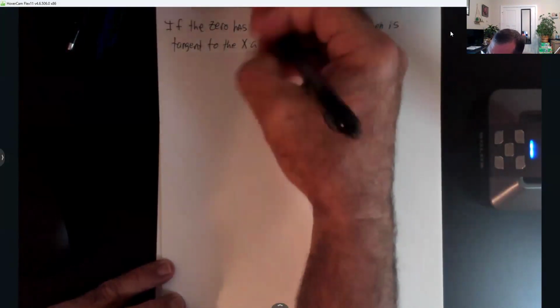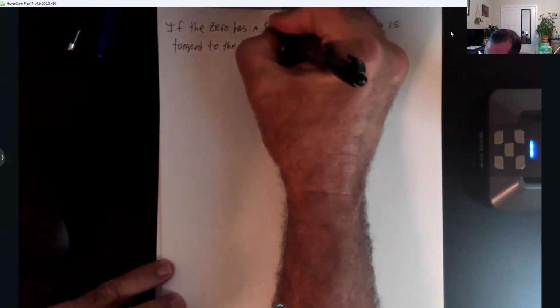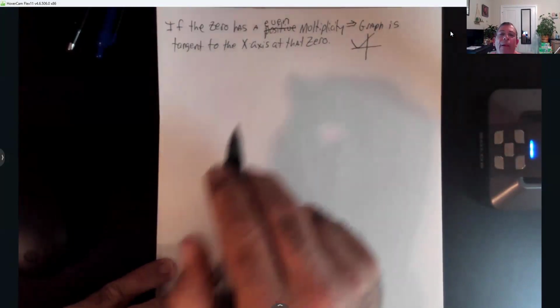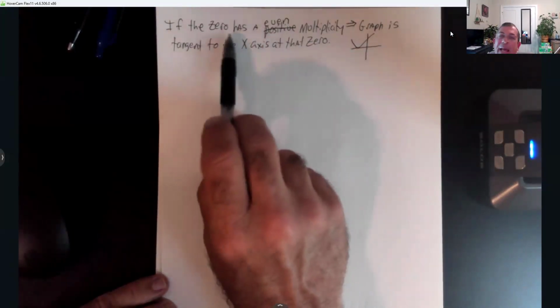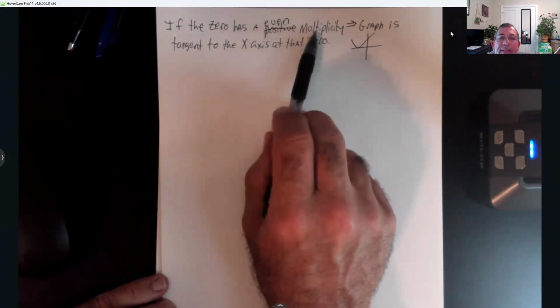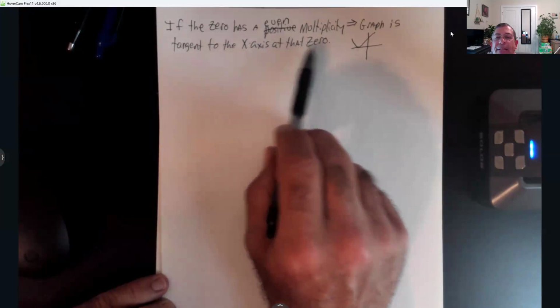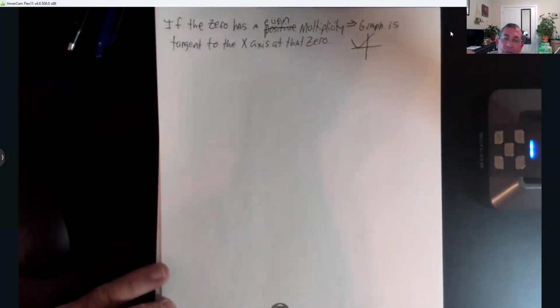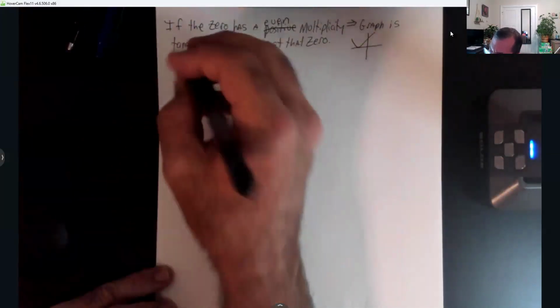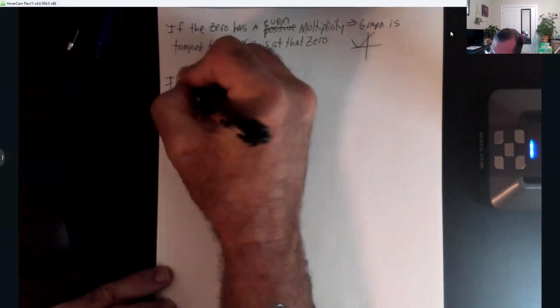Oh, so here, make this even, y'all, my bad. I was thinking positive. But if it has an even multiplicity, the graph is tangent to the x-axis at that zero. So that means if it has an odd multiplicity,